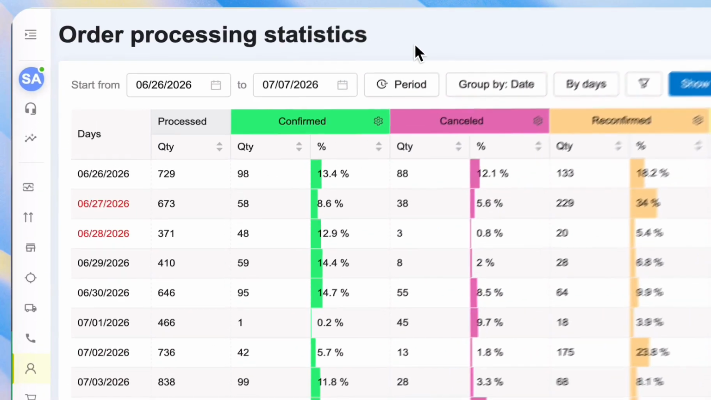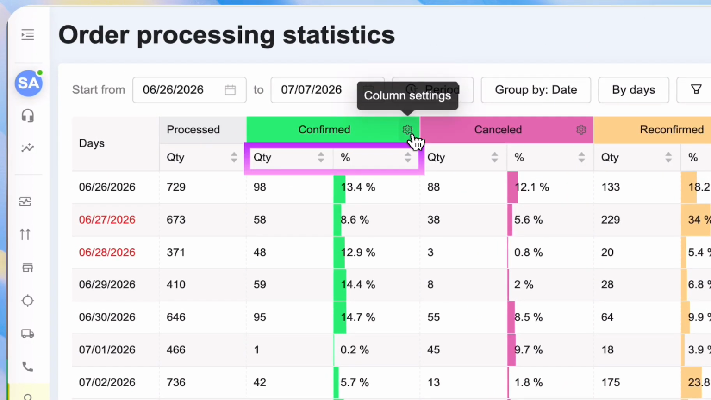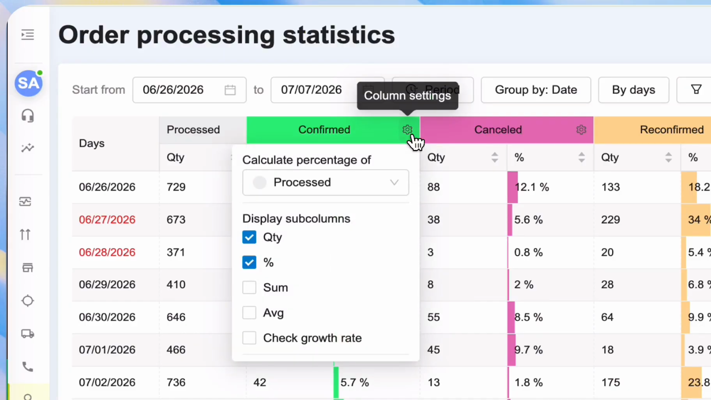Each column also has its own subcolumns, and you can configure it here. You can hide the ones you don't need. For example, you might keep only quantity and percent for most columns. But for the confirmed column, however, you might also want to display some average order check and the check growth